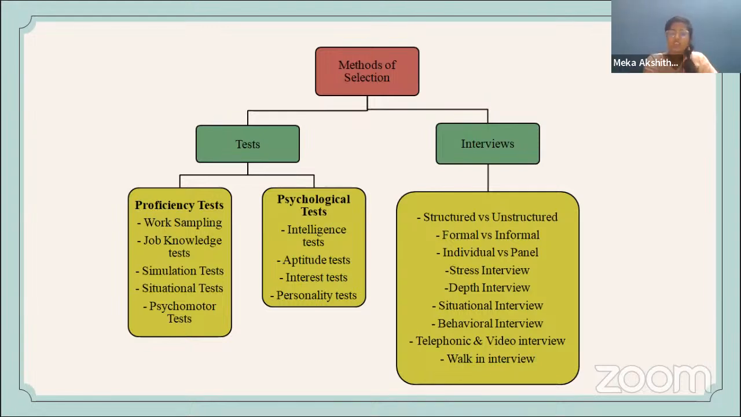Then talking about stress interview, if we want to know the tolerance level of the candidate, the interviewer would give some stressful situation or ask some difficult question in order to check the confidence level of the candidate, or how much stress tolerance level the individual has, or if the individual would be able to